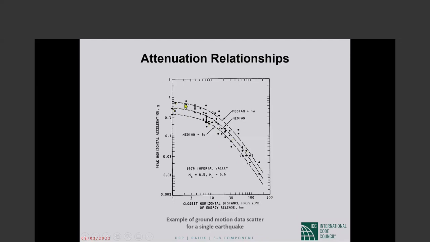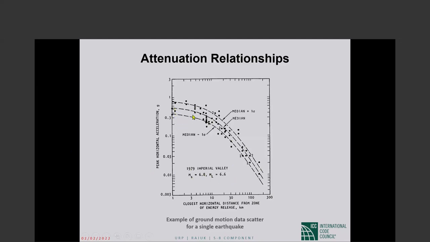The actual points are measured values in a particular earthquake. I don't remember if the earthquake is described here. Here, 1917 Imperial Valley. This is an actual earthquake. Okay, surface magnitude 6.8, local magnitude 6.6. Okay, so in that earthquake,